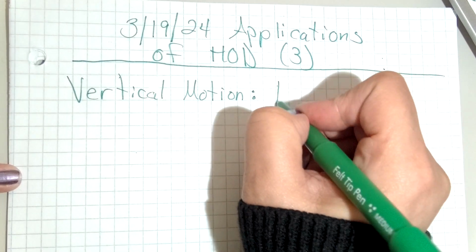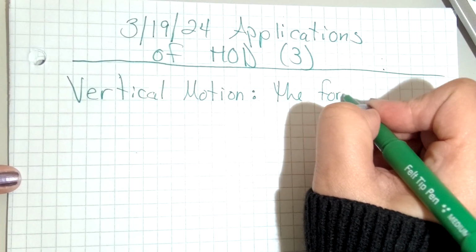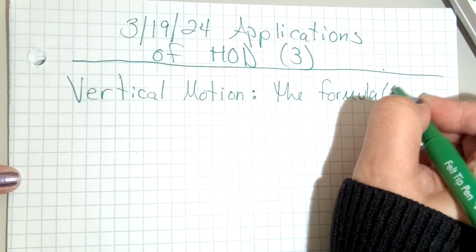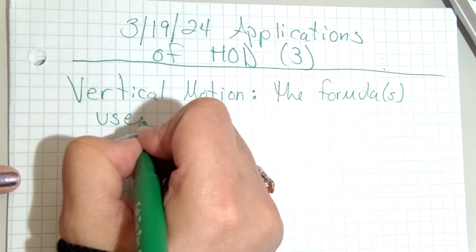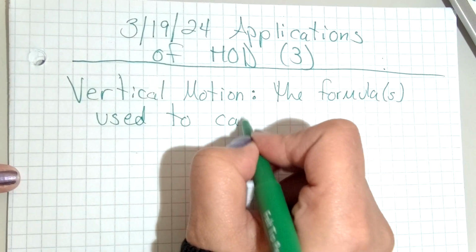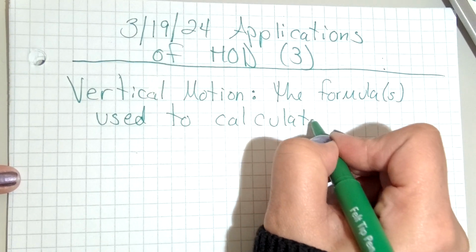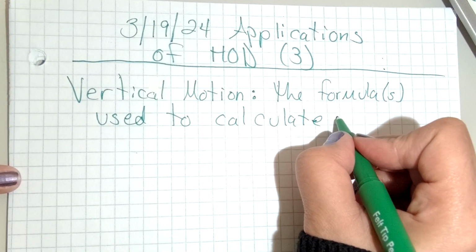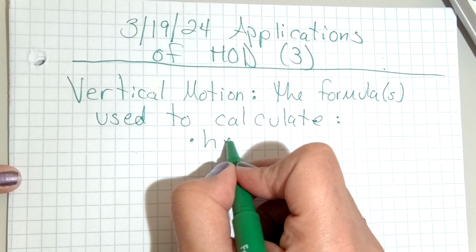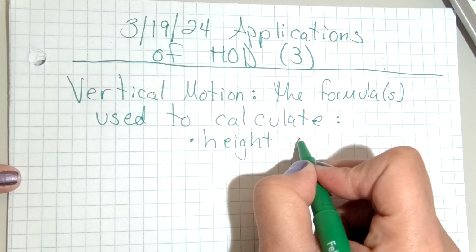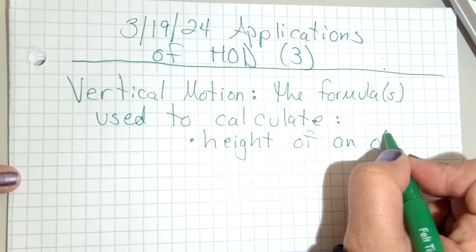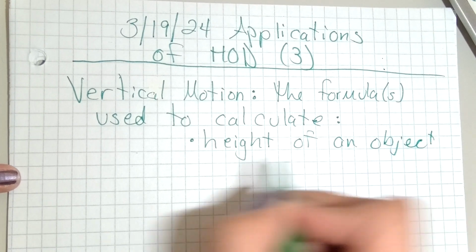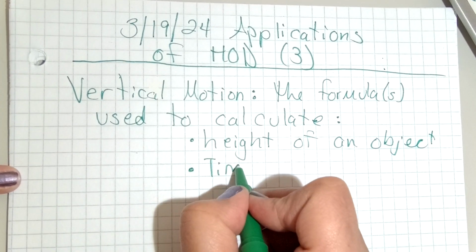Vertical motion is the formula used to calculate the following: height of an object, time of an object in air,